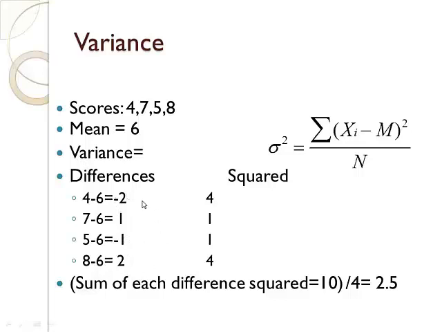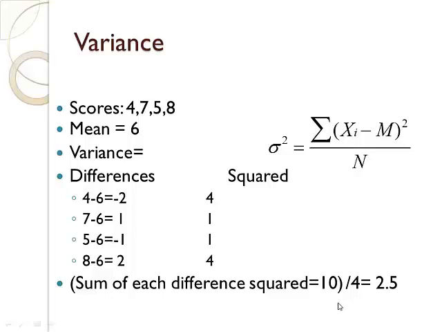So what we do is we square those differences. We square all of the -2, and that becomes a +4. We square 1, 1 squared is 1, -1 squared is 1, and 2 squared is 4. So by squaring, we've created a set of positive squares here, and we sum these, and we come up with 10. So now we have the sum of the differences between the mean and each individual score squared, which is